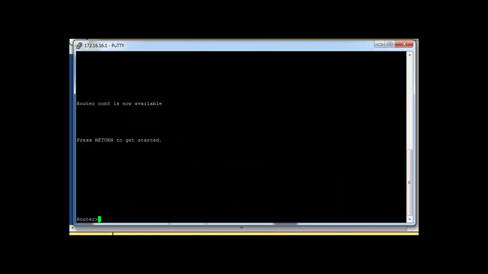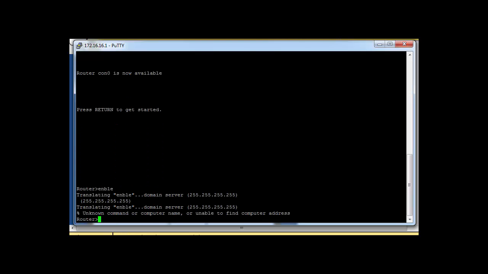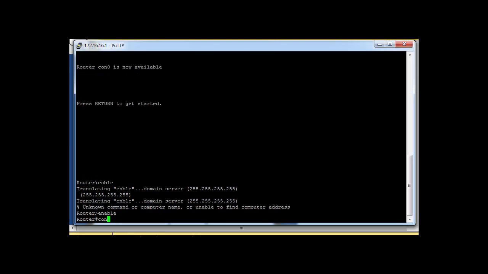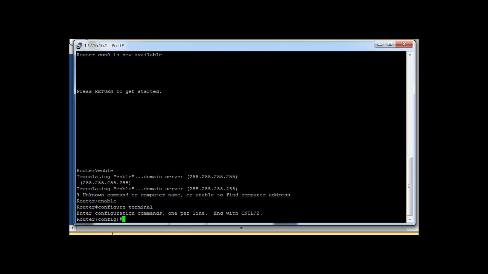For that, first enter privileged user execution mode, then type enable, then configure terminal. Now I'm in router global configuration mode. The command to change the host name is hostname, then a space, then the name.